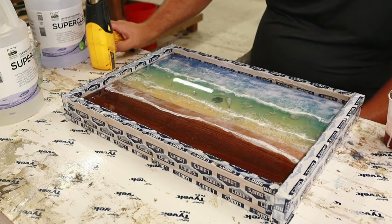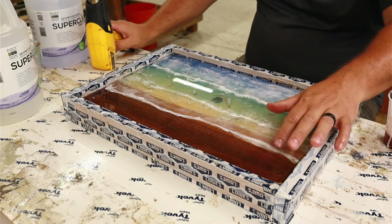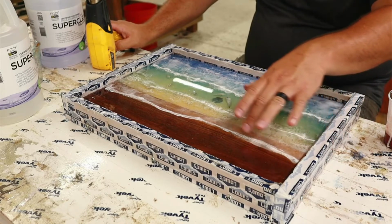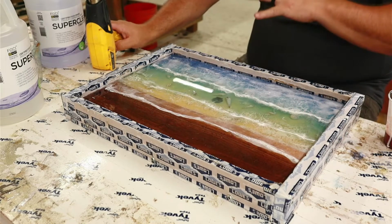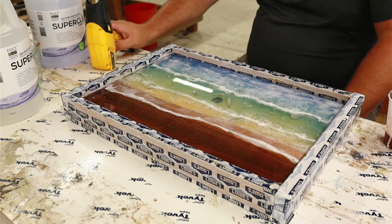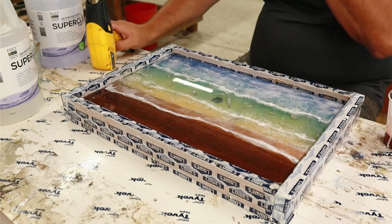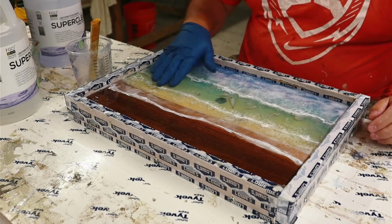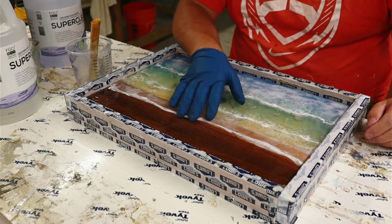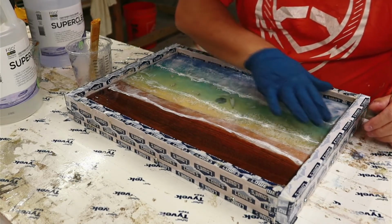So the last thing I'll end up needing to do, I don't like to make these where there's a lip where the epoxy stops and the wood starts. So I'll probably do just a light flood coat just to finish that off. So we're gonna leave this dry and see where it gets us probably tomorrow. Okay, this has dried. It's the next day here, and